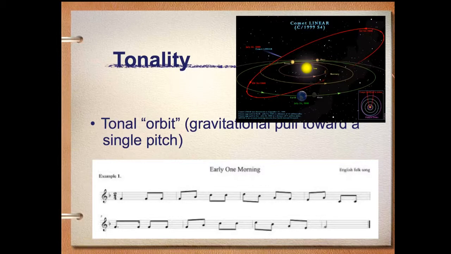For example, Early One Morning, an English folk song, starts on F, ends on F, and this melody surrounds or has a gravitational pull towards that note, tonic, which is F major. Here's this. Ba-dum-bum-bum-bum. That C wants to lead back, so, do, back to do, on the downbeat of measure 5.